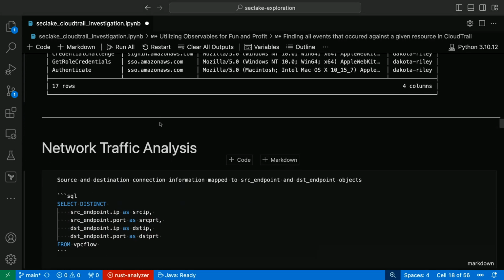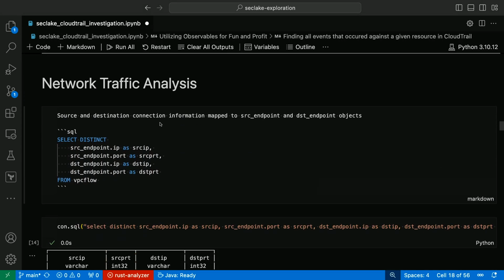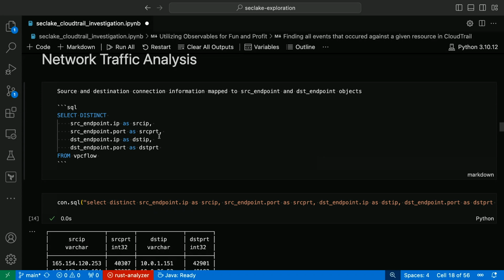So similar concept for VPC flow logs, right? And I think this one is really nice in this use case because VPC flow logs are not very friendly to parse and analyze, especially if you've looked at them directly. But there are actually containers for source endpoint and destination endpoint, which is awesome for analysis, right? So you don't have to remember, is it source IP? Is it source camel case IP? Common problems in security, right?